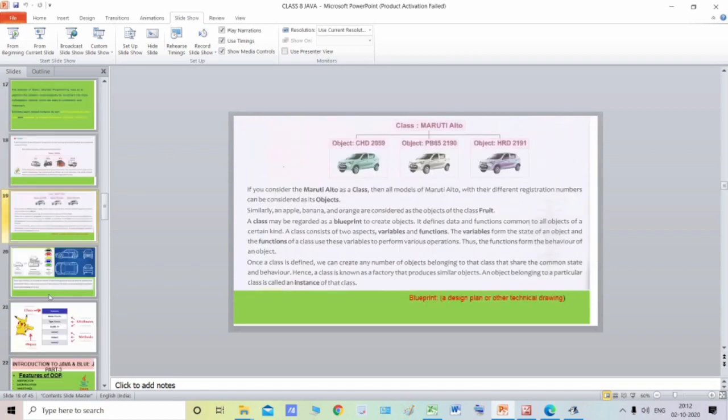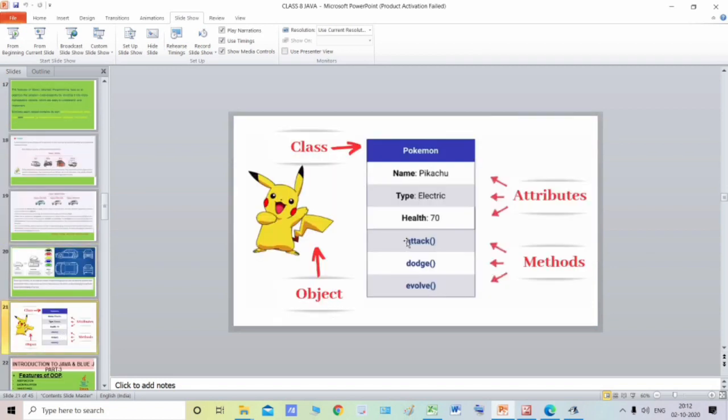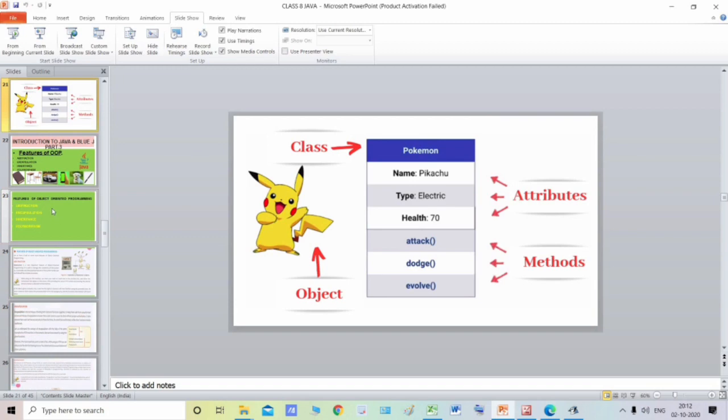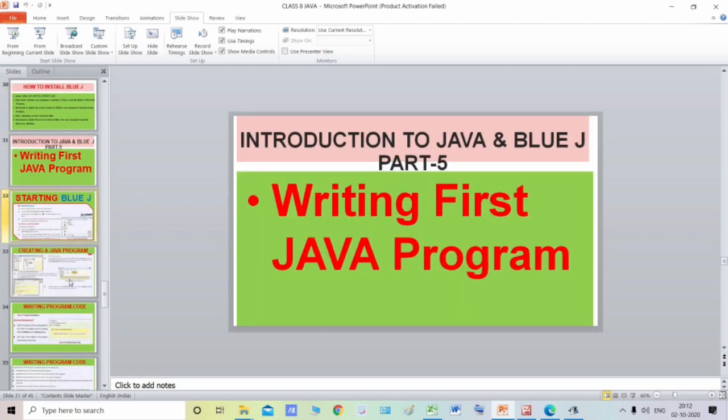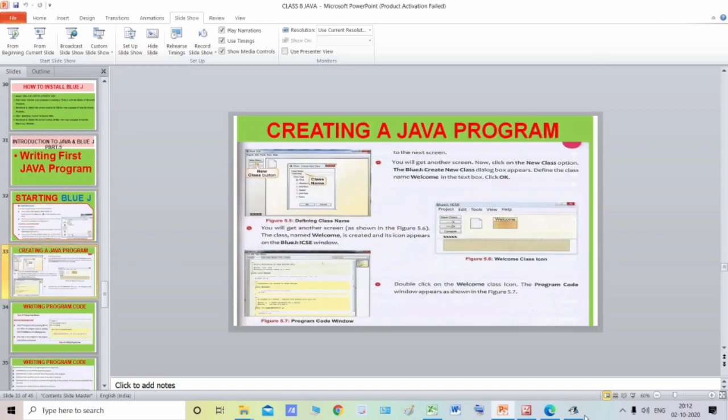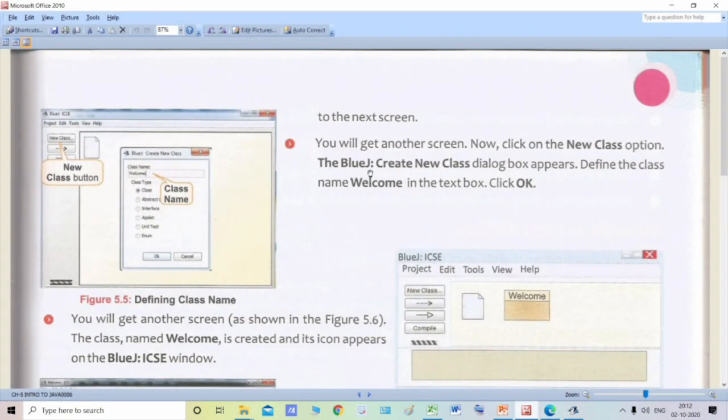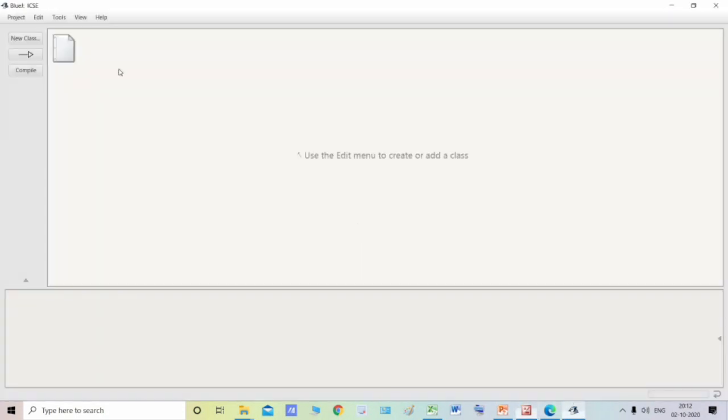Attributes and behaviors. Objects have attributes and methods. I have explained all these things in the previous classes. So we will start by creating our first class. To write our first Java program, we have to create a new class.